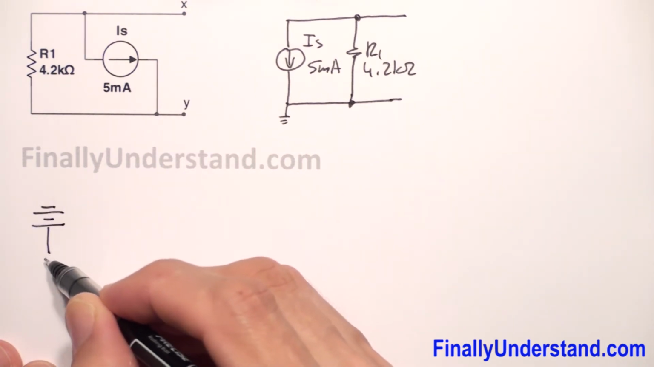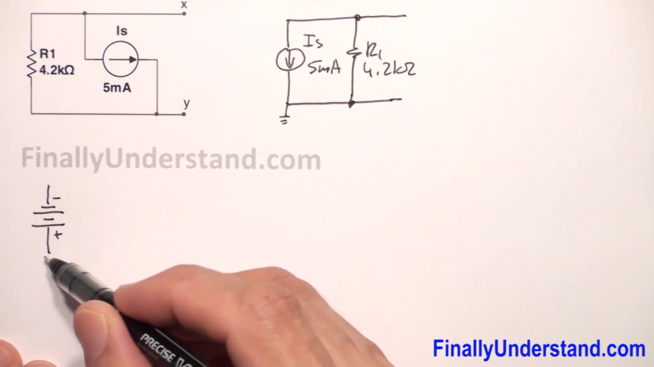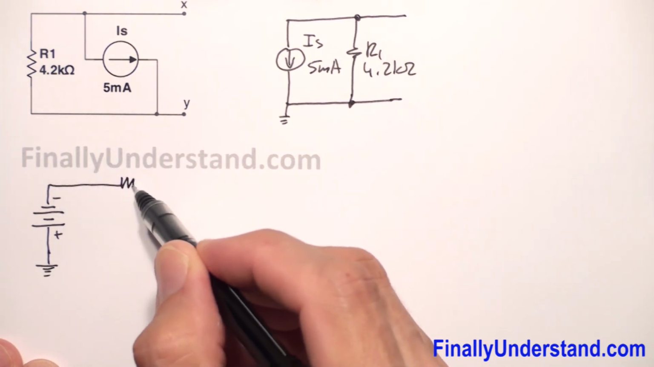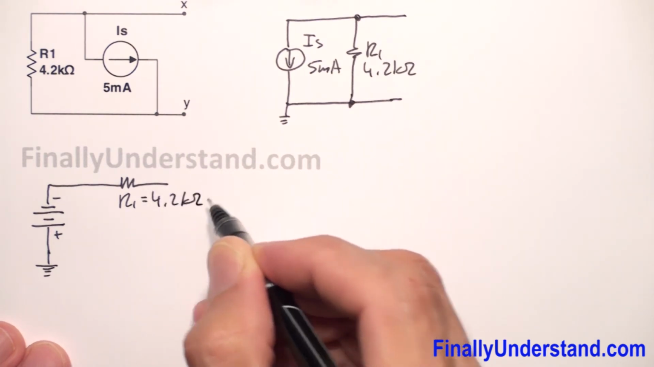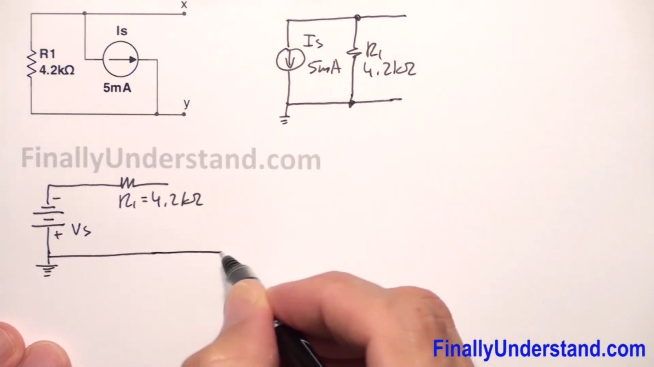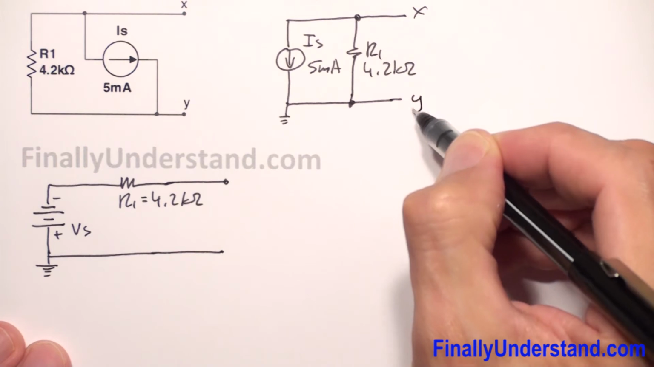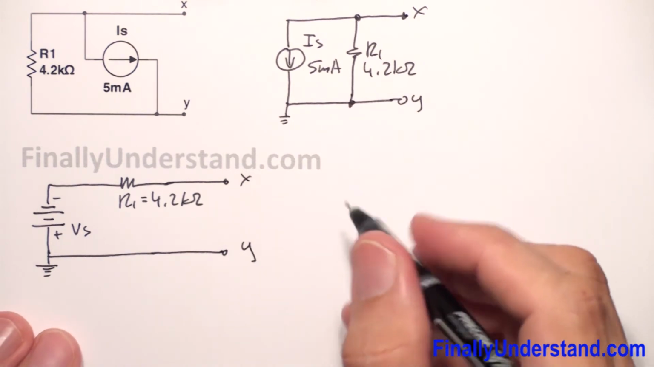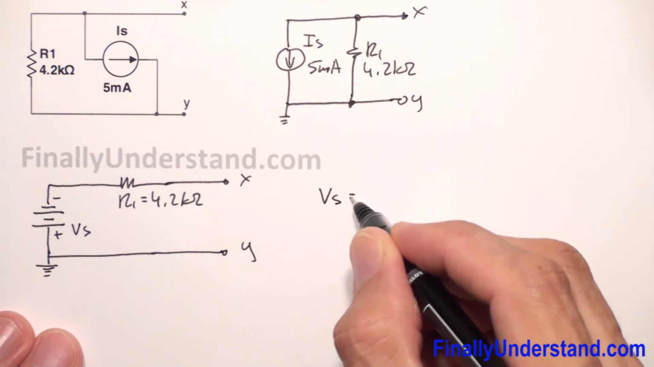So it means my current, keep in mind that we use the conventional current flow, is going to be pushed down. So this is my ground and I have my resistor over here. Resistance R1 equals 4.2 kilo ohms, and this is my voltage source. You can make these terminals a little bit longer. This is X, Y, and if you want to find the value of the voltage, okay, so we have Vs is equal